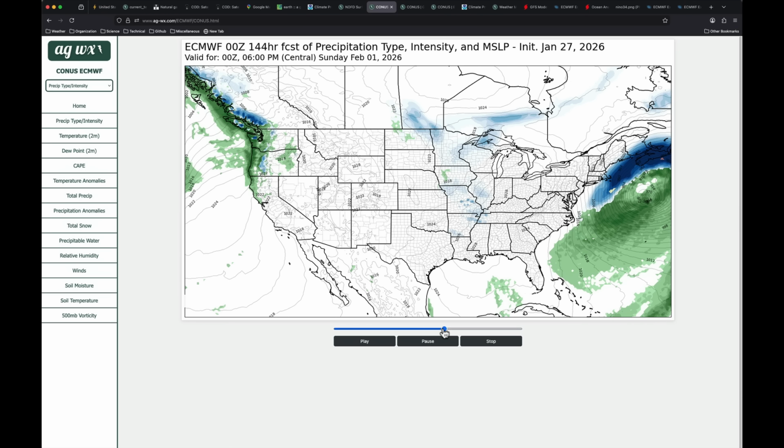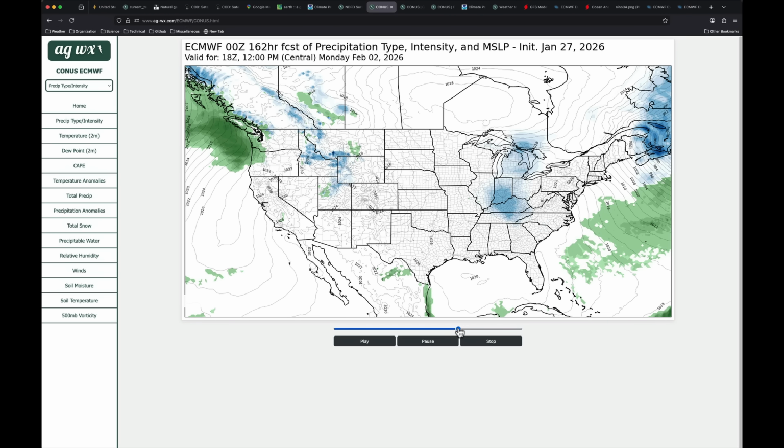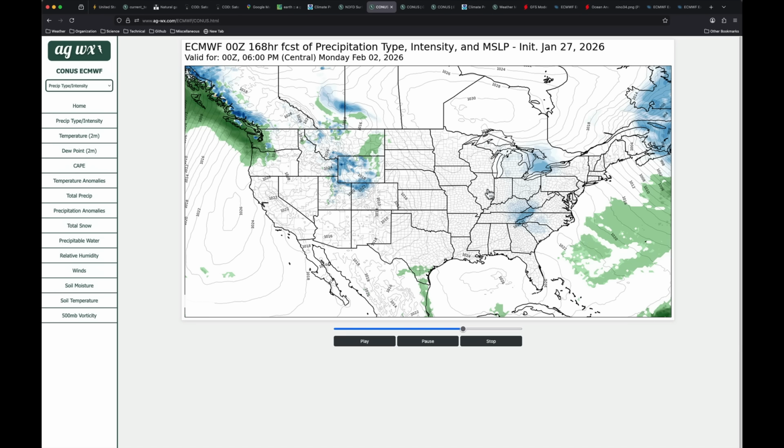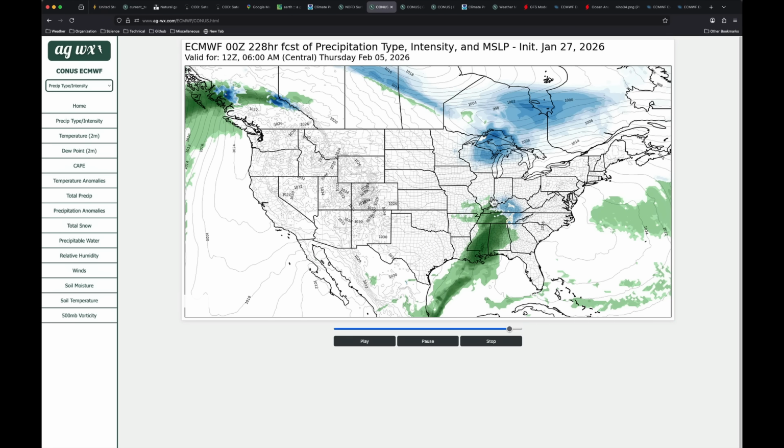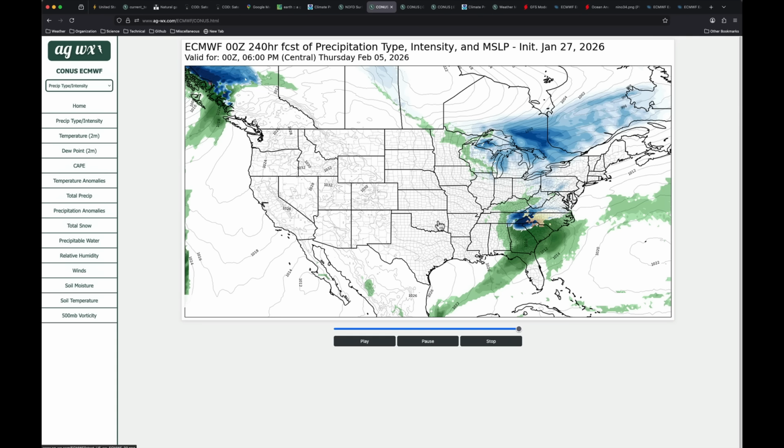If I play this forecast out through Monday, we're getting pretty far out in the forecast here, but you can see that shortwave system moving through the Midwest, perhaps a quick shot of snow there, maybe a dusting or an inch through middle parts of the country, and then potentially next week, another low wrapping up in the southern part of the country. That split that I talked about, we'll talk about that in a second, but this is getting more amplified out of the west. We're actually seeing the southern component kind of draw up from the south. That's increasing precipitation chances in this area here. And that could consolidate a system later into next week that ends up pushing across the middle part of the country.